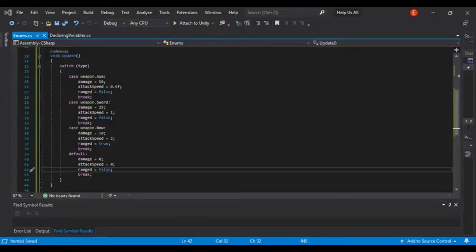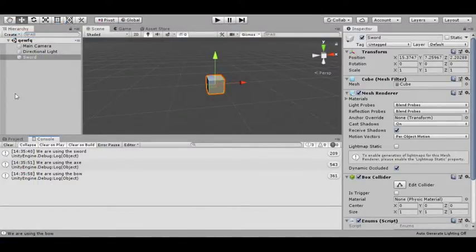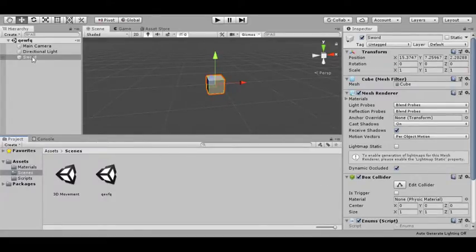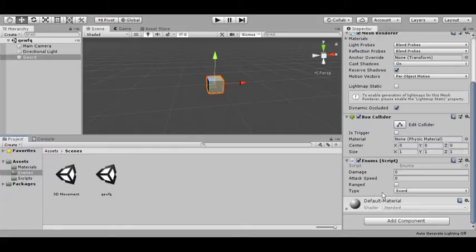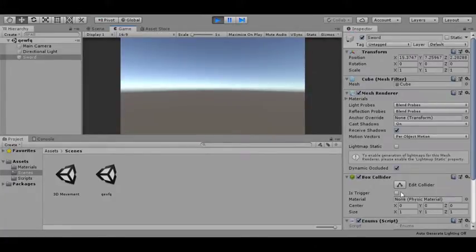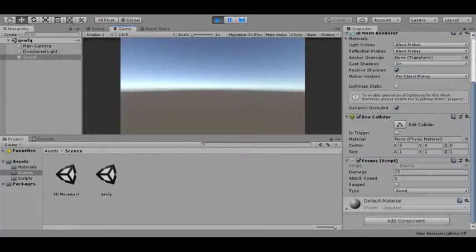Let's head over to Unity. The sword is activated in the enum script, right? If you hit play, the damage is equal to 25 and... wait, I have an error. What is your error?